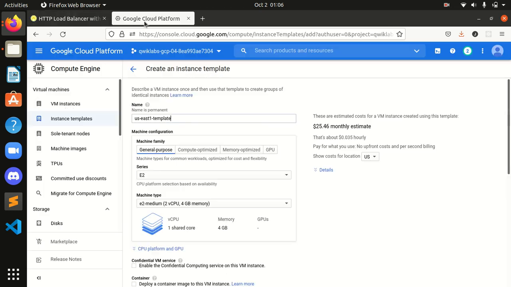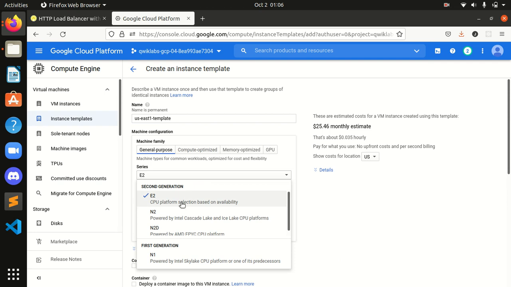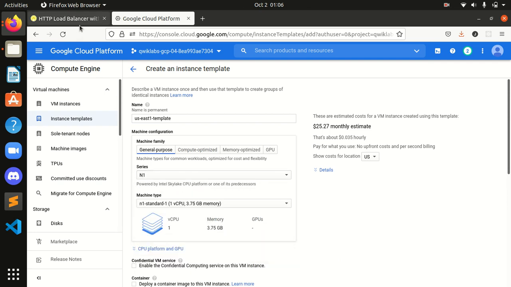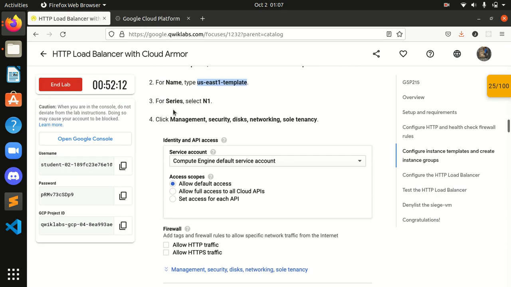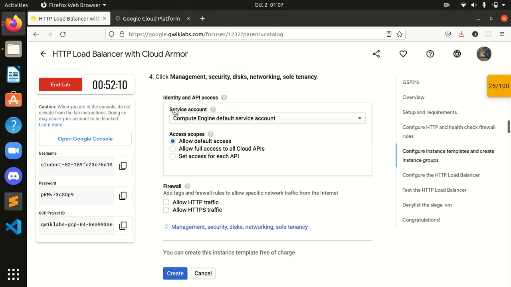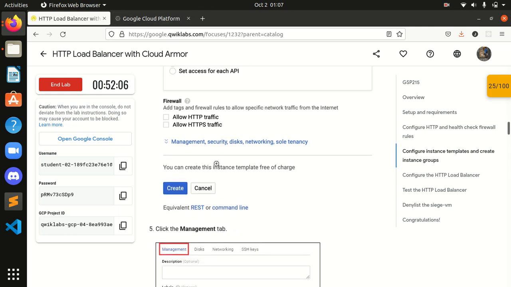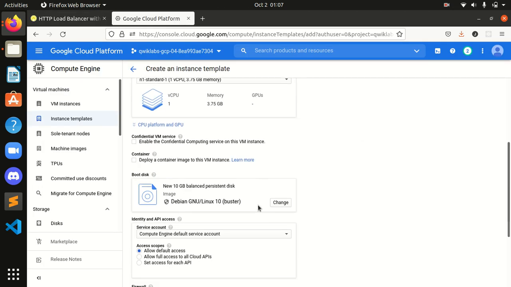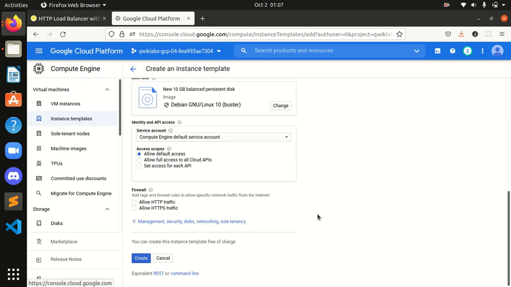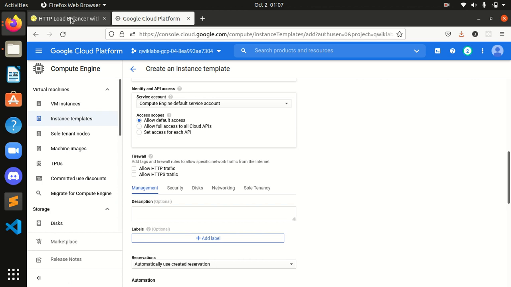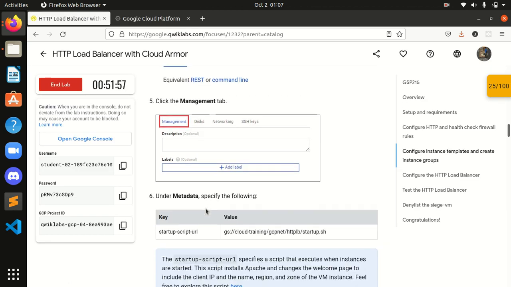For series select N1, so your series should be N1. Okay, and click management, security, disk. Okay, click management security over here. Now we are already in the management tab. Okay, under metadata specify the following.